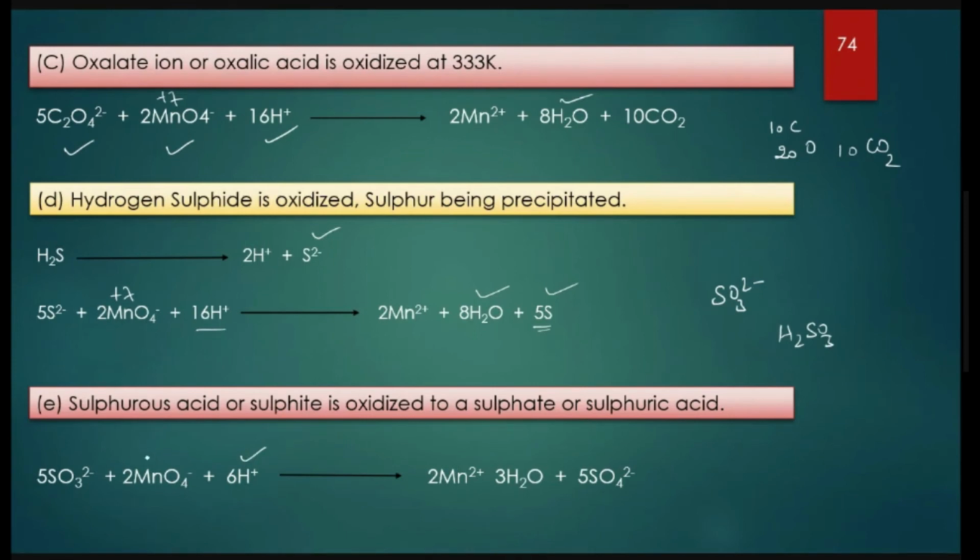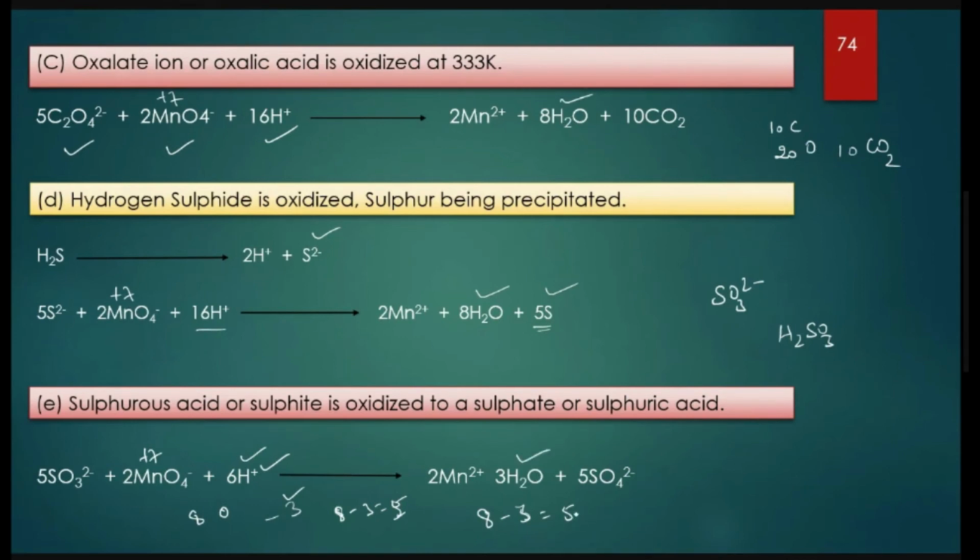manganese undergoes reduction from +7 to +2. 6 hydrogen ions are there. They are going to take away 2 into 4. There are 8 oxygen atoms available, out of which the 6 hydrogen ions are going to take away only 3. So 8 minus 3, 5 oxygen atoms are available. So 6 hydrogen ions take away 3 oxygen atoms out of 8, leading to the formation of 3H2O. Now the remaining 5 oxygen atoms are there.